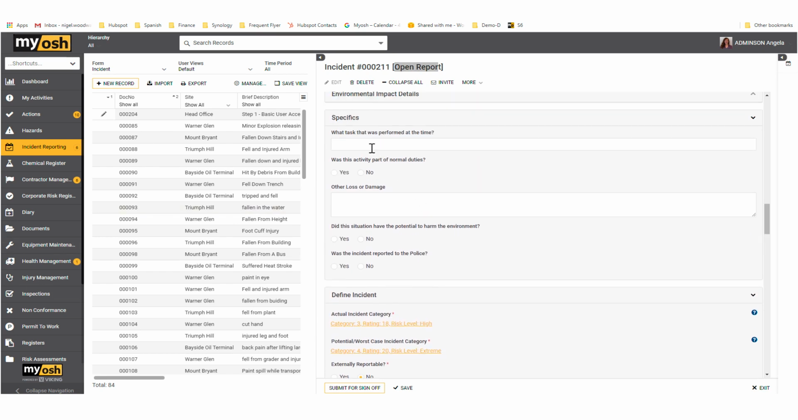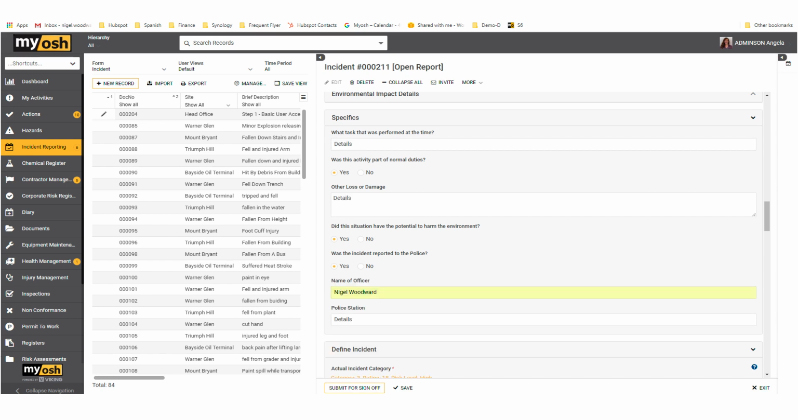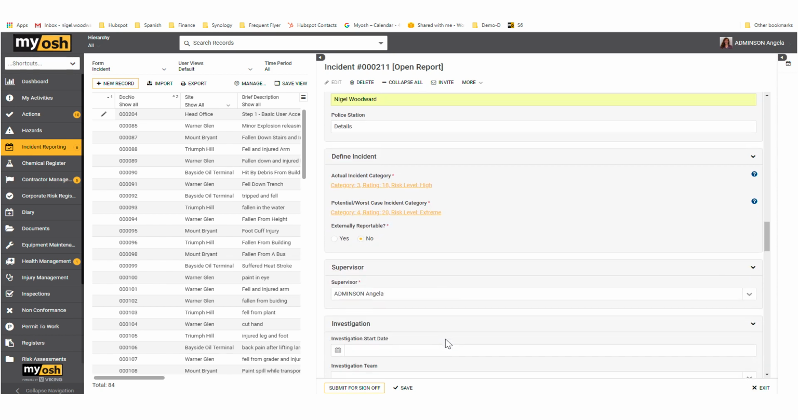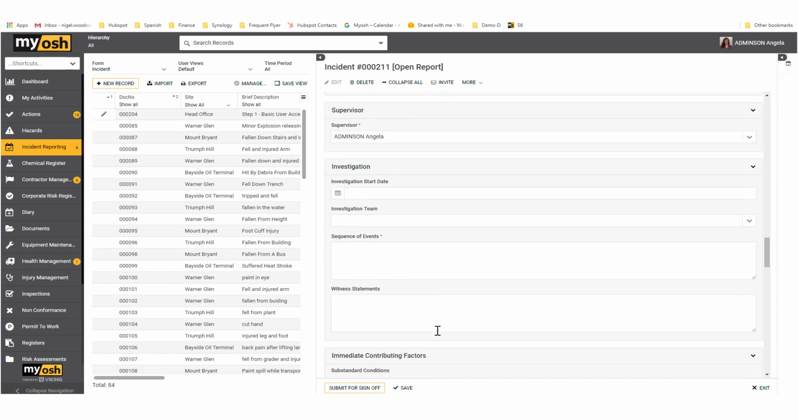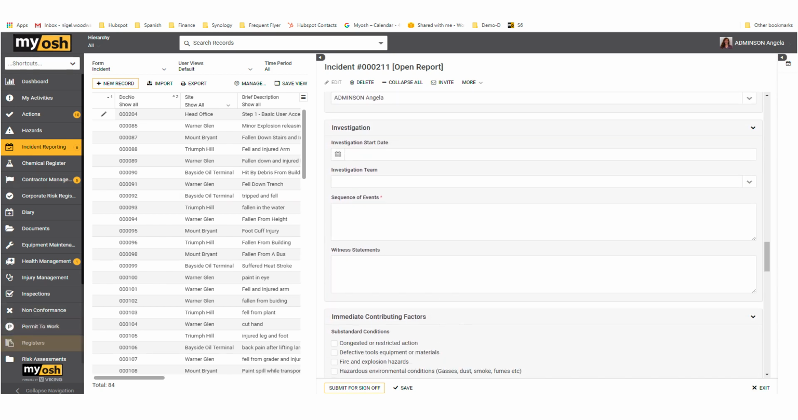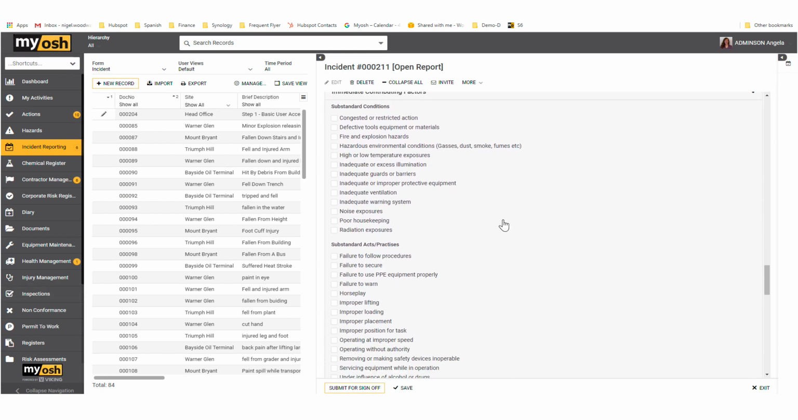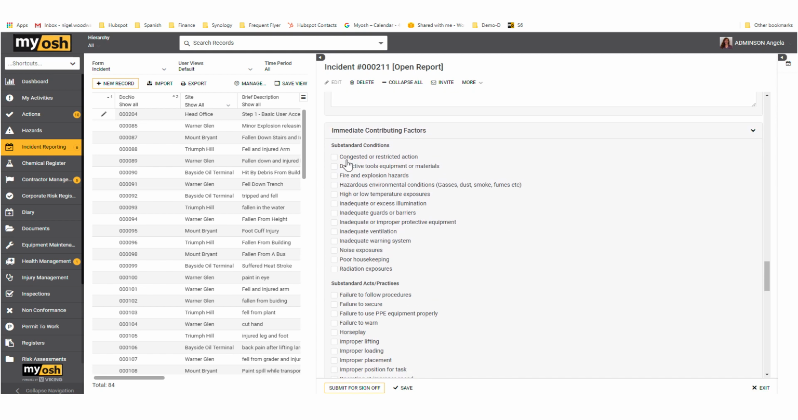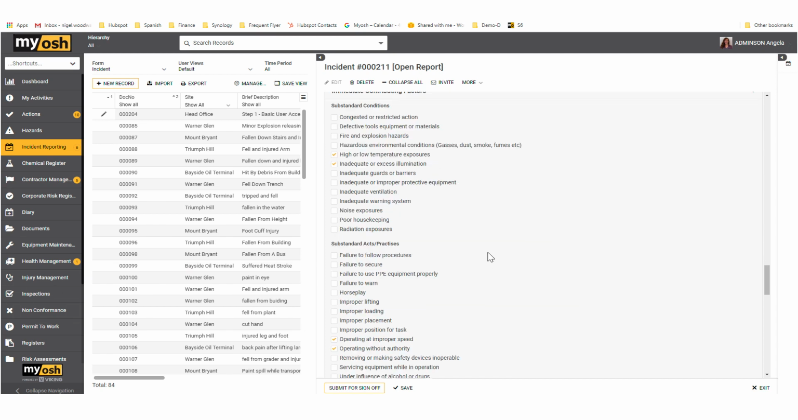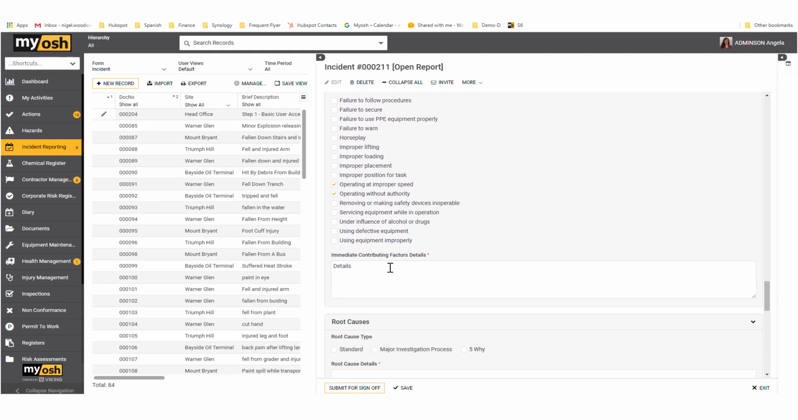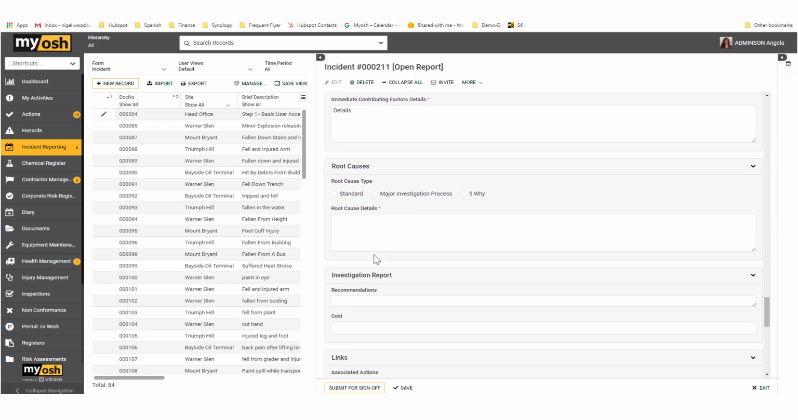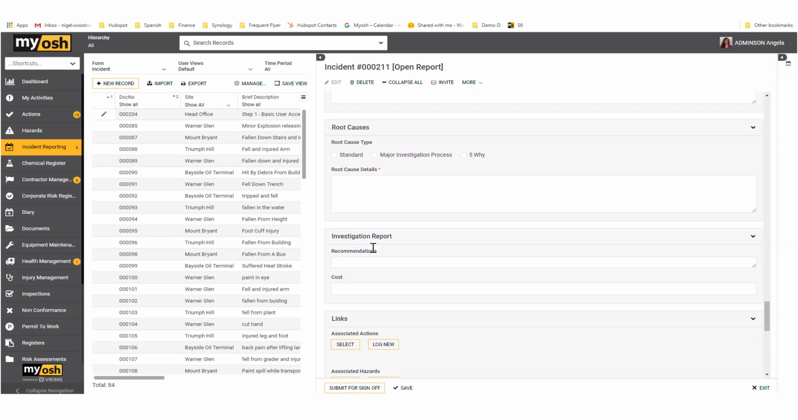So let's start with these fields here, the specifics. What was task performed at the time? So we've filled that section in. We'll move on down to the investigation section and fill in some of these fields too. Once we've completed that, we'll move on down to the immediate contributing factors. Now, again, these are keywords and you can change them. After we've ticked a couple of these and put in some details, we'll move on down to the root cause